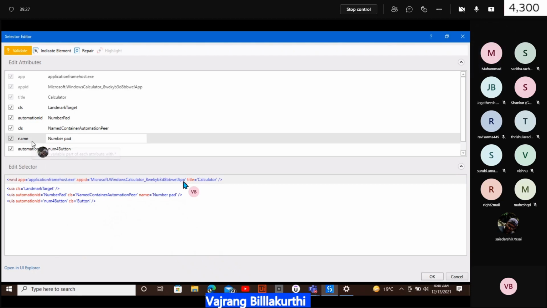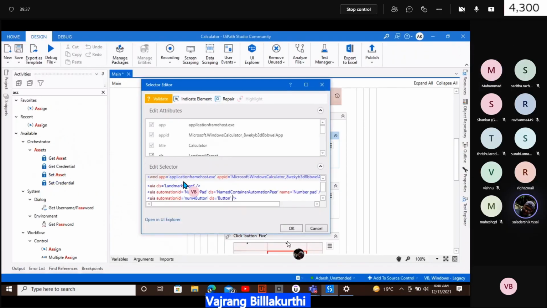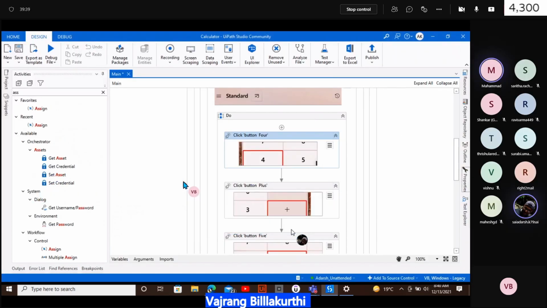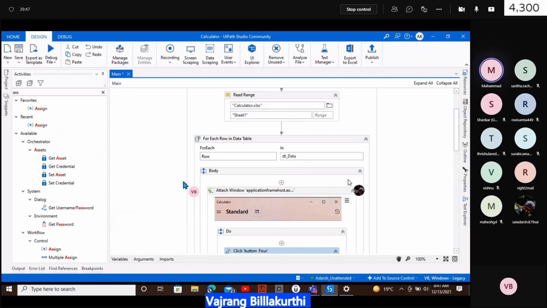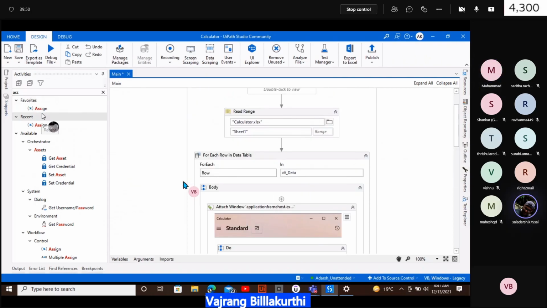Click on OK. Whatever you want to do, assign statement, give it. I want you to directly assign it, but few members may not understand it. Add two assign statements on the top, and then write first number, second number.